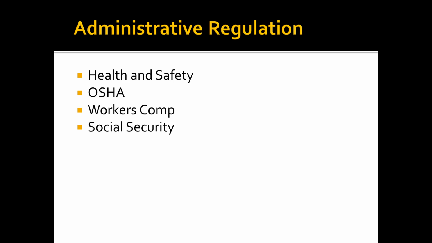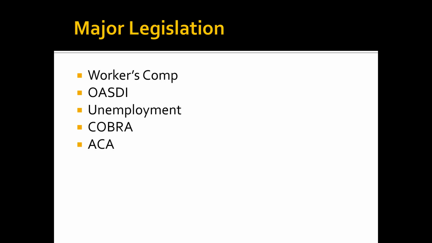Then we'll look at specific, more modern legislation, starting with models like workers' comp, moving up through old age insurance, which is basically Social Security, unemployment insurance, COBRA, which is your medical leave, and then most recently the Affordable Care Act, which is a major piece of legislation, something new we can really discuss. By chapter 35, we're looking at types of discrimination. We're going to be moving into sexual discrimination, harassment, offenses, and how the states treat